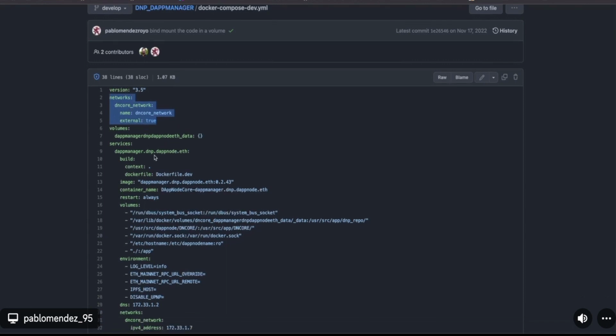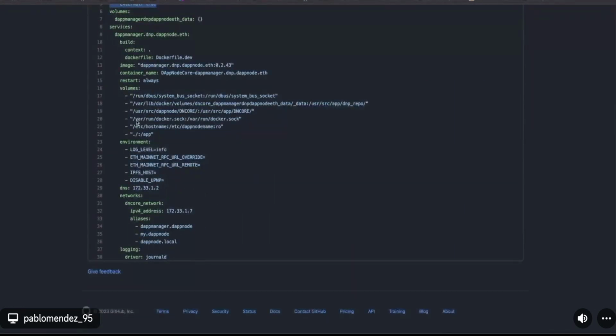And then for you to reflect the changes in real time, you have to take a look at the volumes. So you will have to map the source code of your applications wherever it is located in the Docker container.